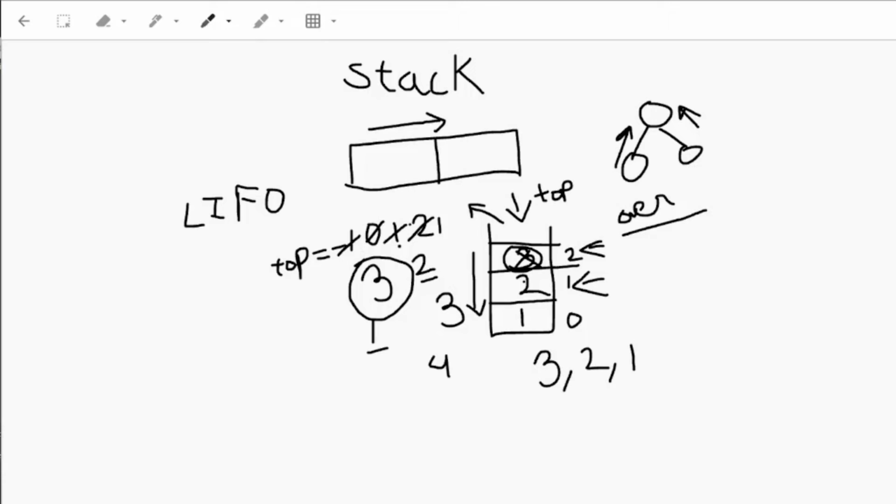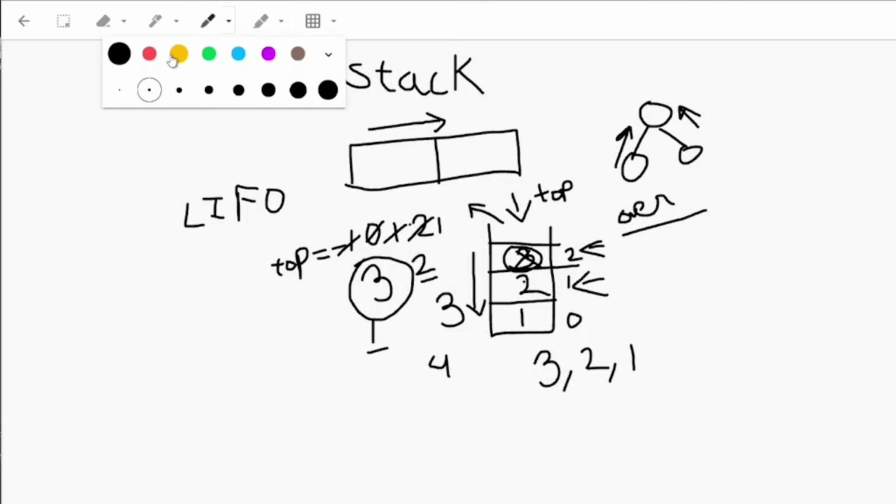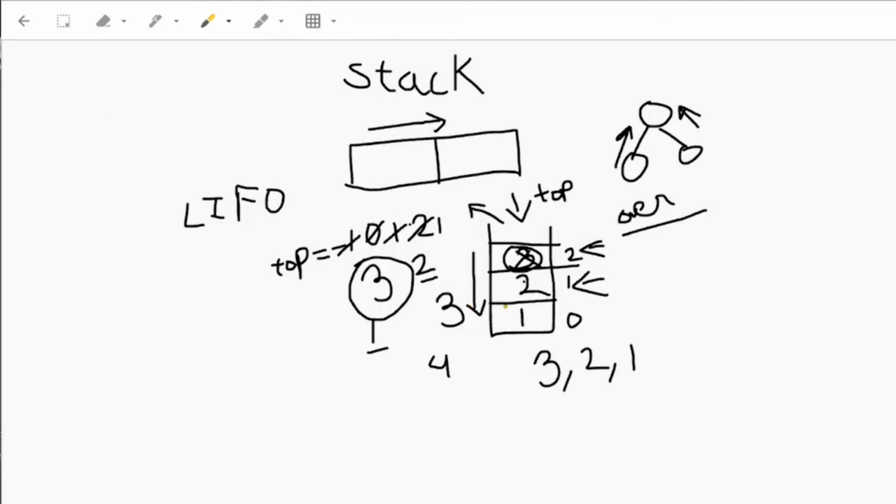Now let's say that we want to perform a pop operation again. If we perform a pop operation again, what will happen? This 2 will be deleted, right?